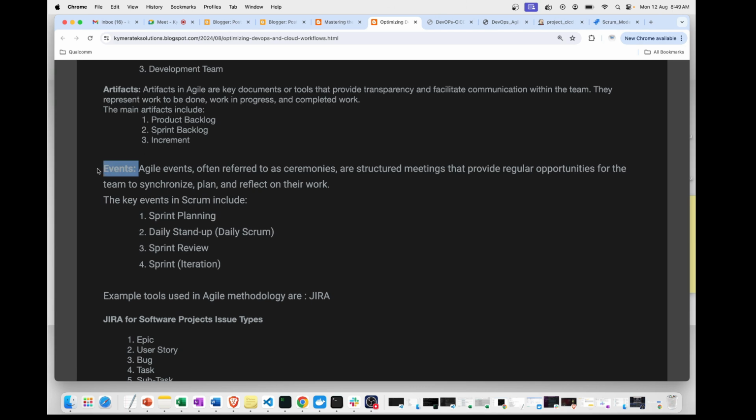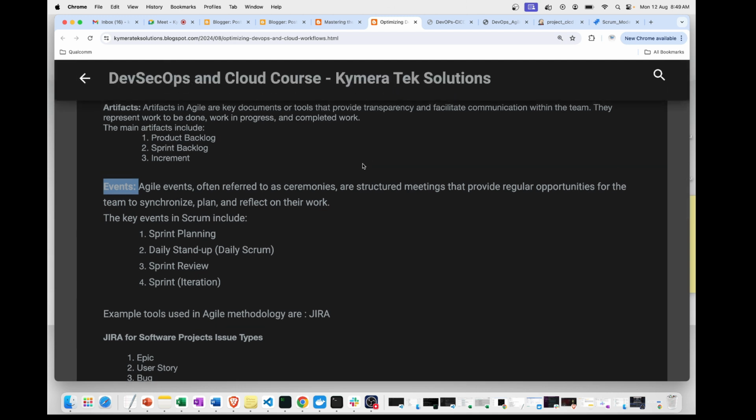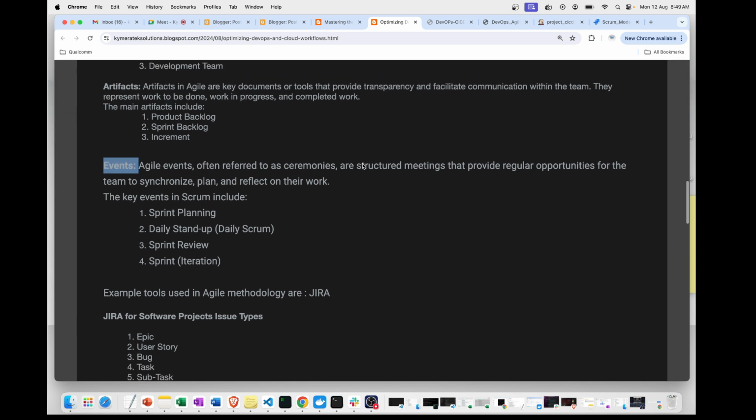Okay, events. So during this Scrum process, what are the events that we have? Events in the sense, we will be having sprint planning, which we have seen ranges from 1 week to 4 weeks. It could be anything. So sprint planning,